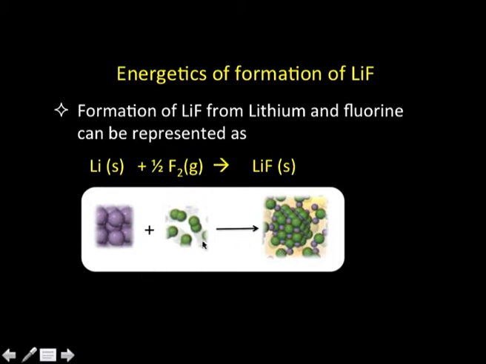That is the pictorial representation of the same thing here. And this has a delta H of formation of such a magnitude, that is minus 617 kilojoules per mole. That is a large number again. But this is not the lattice energy, mind you. This number refers to the enthalpy of the following reaction, which is just the formation reaction. We will see how we get lattice energy, because lattice energy cannot be determined directly like this. So, we have to see how we go about it.